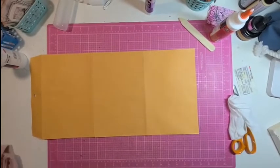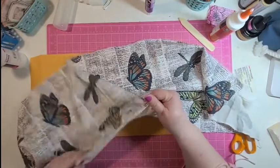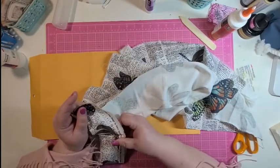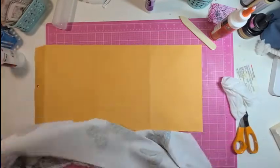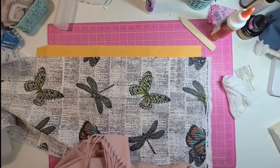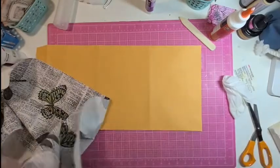Okay, let's get us some material. I have this. It's cotton. It's not real flimsy thin, but it's not real heavy either. So what I need to do is get this branding strip off. Don't want that, do we? Probably should get out my fabric scissors, but